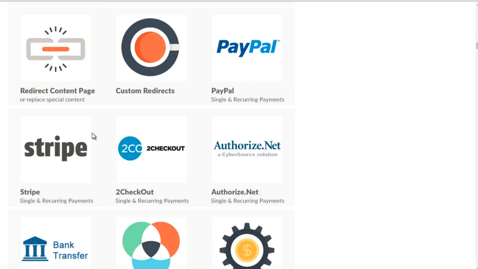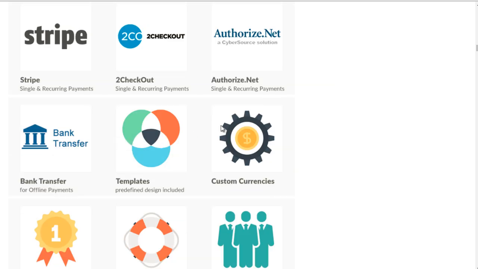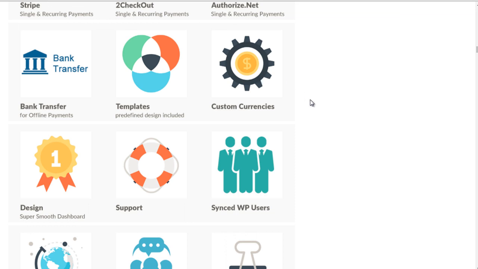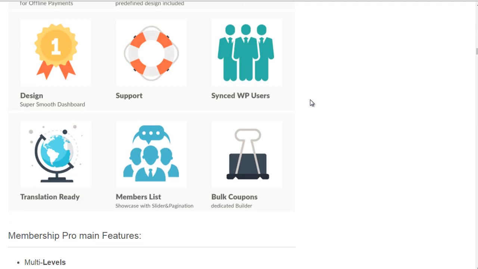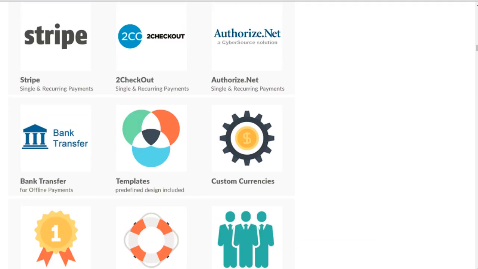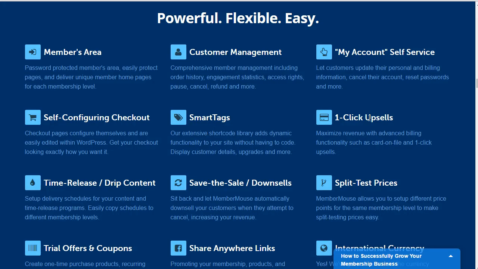Now, as you can see, PayPal and Stripe should be pretty standard because a lot of people have PayPal accounts. Some people don't have PayPal accounts, so they're going to want to use Stripe or some sort of credit card system. Bank transfer is also nice. Custom currencies are also nice, but those are typically not as standard. Now, if we take a look at other ones of these, like